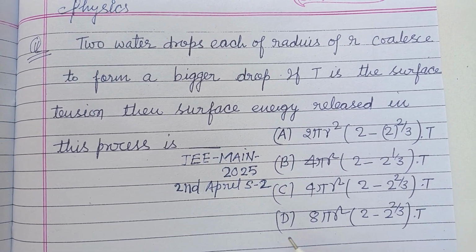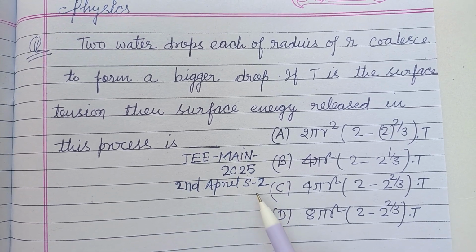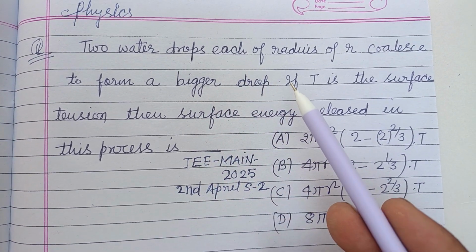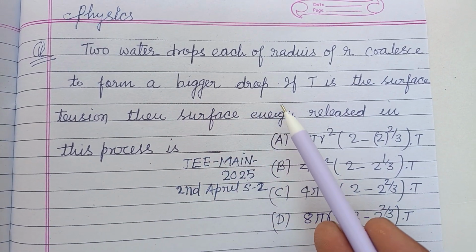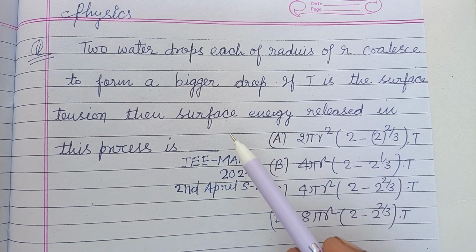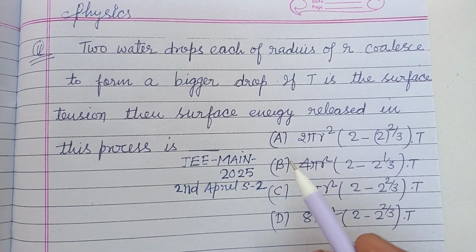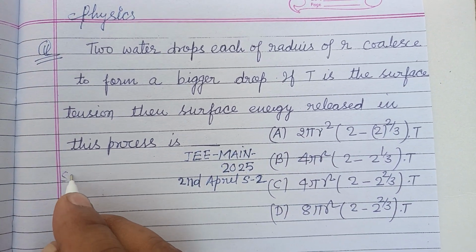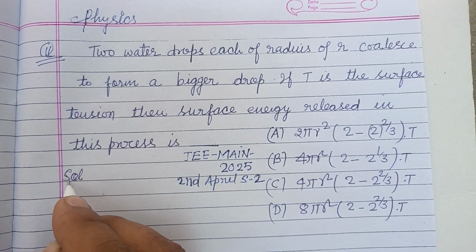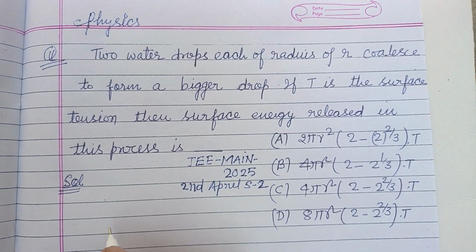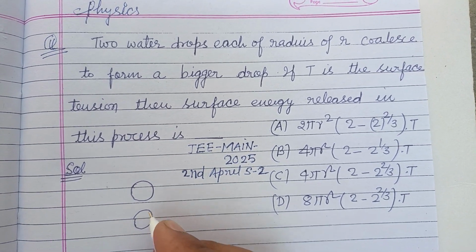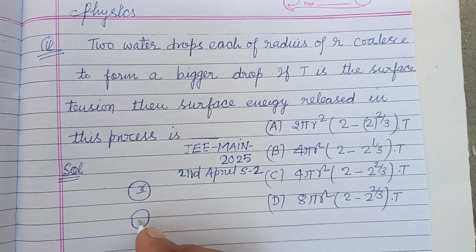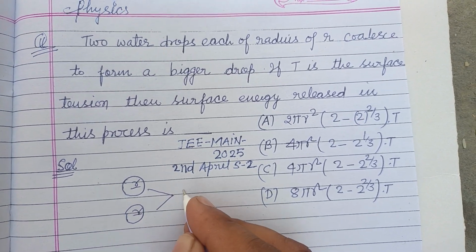Question from JEE Main 2025, second shift. Two water drops each of radius r collapse to form a bigger drop. If T is the surface tension, then the surface energy released in this process is? So students, this is a basic question from surface tension: two drops each of radius small r collapse and form a